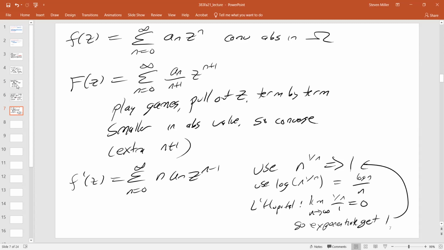So n to the 1 over n, the n is getting very, very large, but you're taking such a high root, taking the high root overpowers the n getting large. Think of 2 to the 10, which is 1024, and then take the 1 over 1024th root of 1024, and that's going to be very close to 1. So it's a little bit of work to prove that f prime of z converges, but it's not too bad. It's actually trivial to prove that if you have an analytic series, if you have a Taylor series that starts at n equals 0, that you can just integrate term by term. So that's not going to be a problem at all.